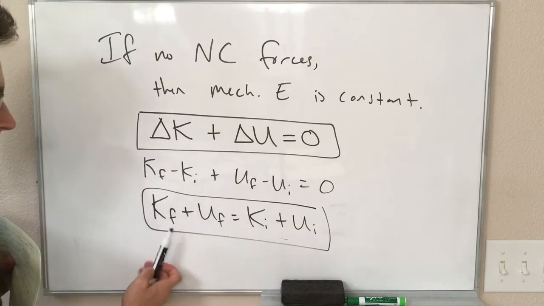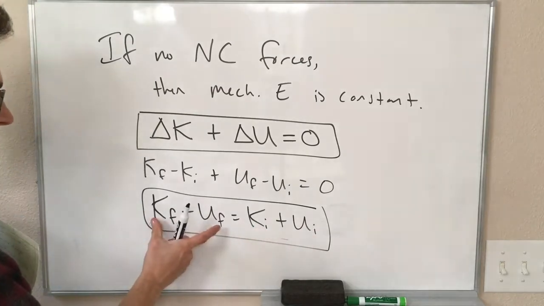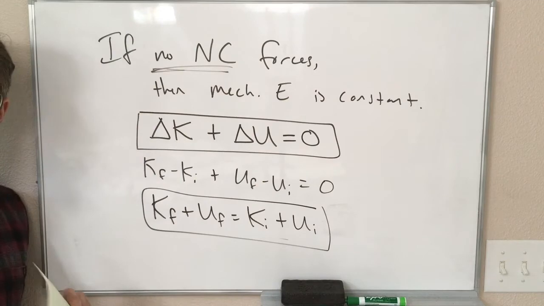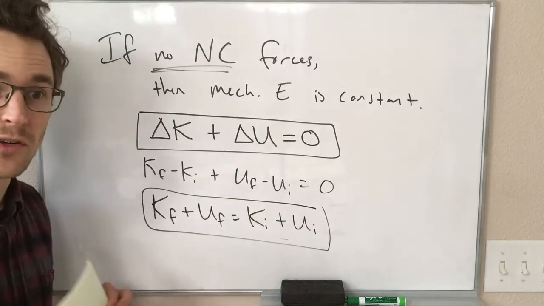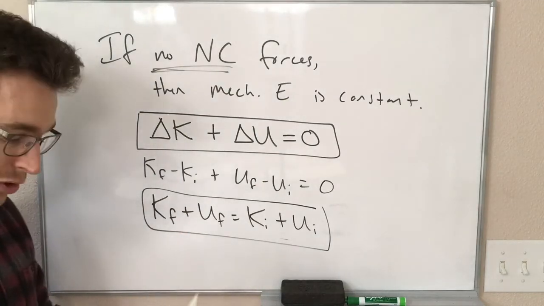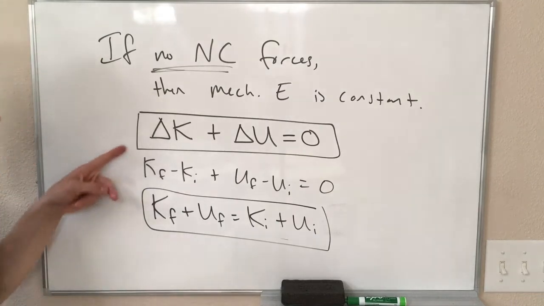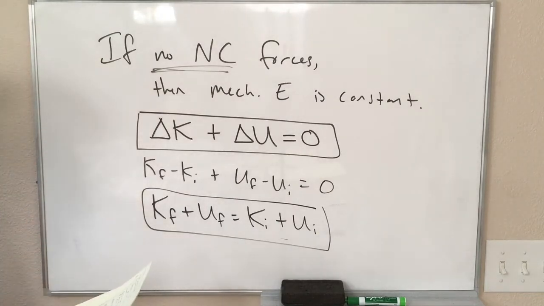in our system, right? So the amount we start with has to equal the amount we end up with, as long as there are no non-conservative forces that take away this mechanical energy and, in the case of friction, turn it into heat. All right, so this is super useful for solving equations, and let's just do one quick example right now.